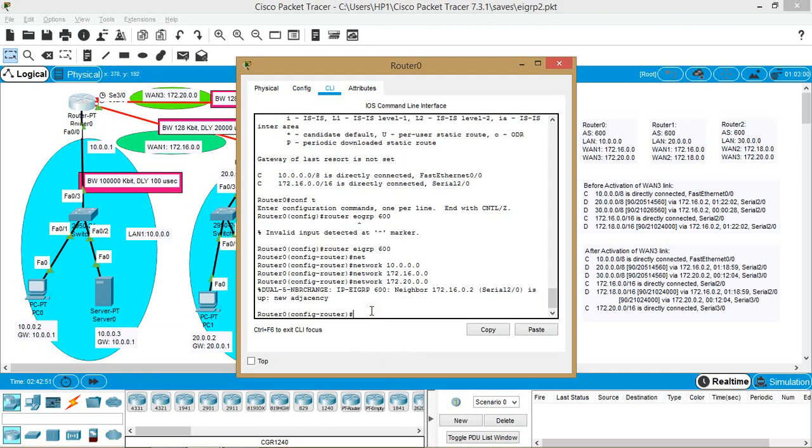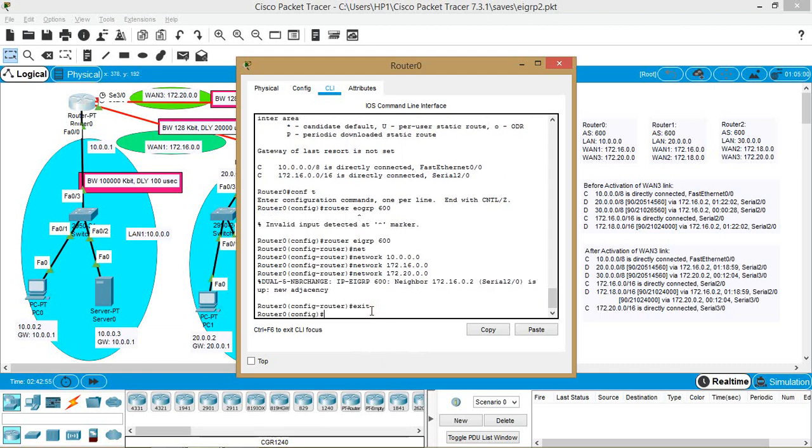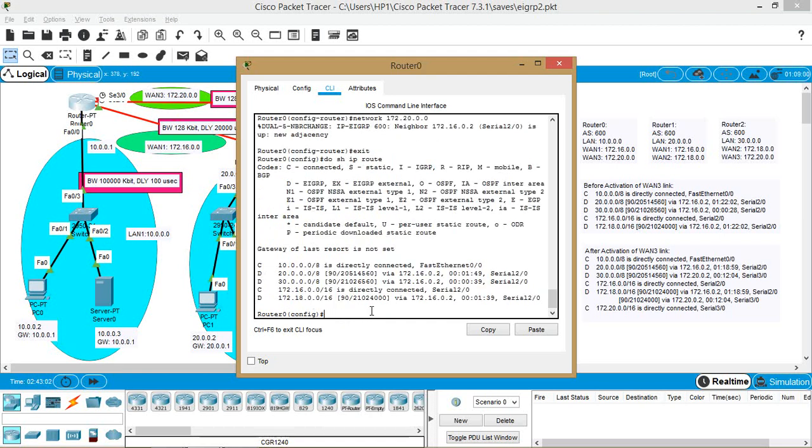Now routers are configured with EIGRP. So for checking the routing table in config mode, the command is do show ip route. Now here you can see that the networks are updated with D entry. D stands for EIGRP. So the networks corresponding to D entry are the networks learned through EIGRP.